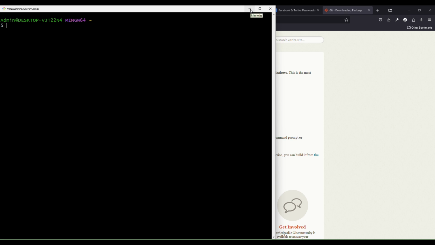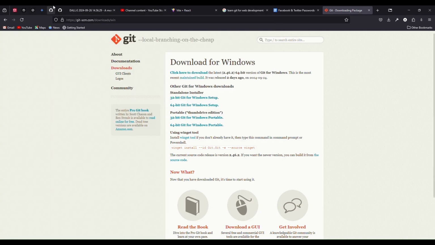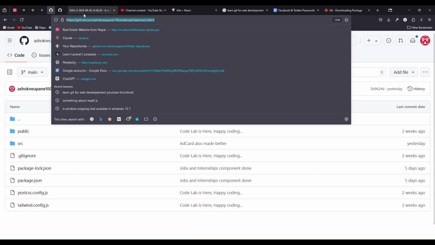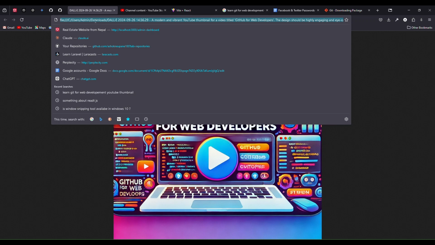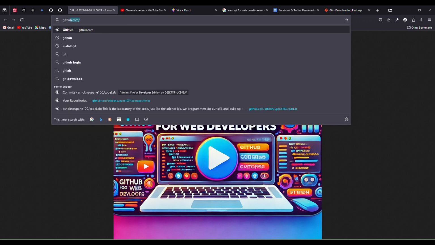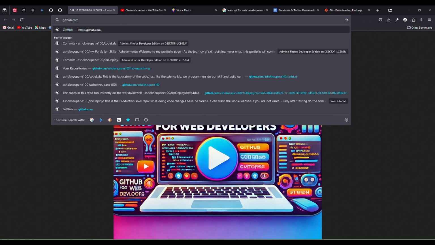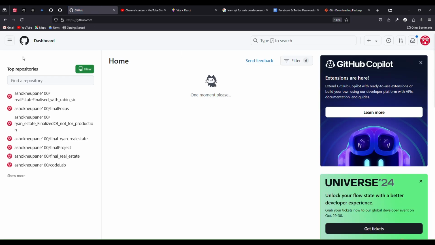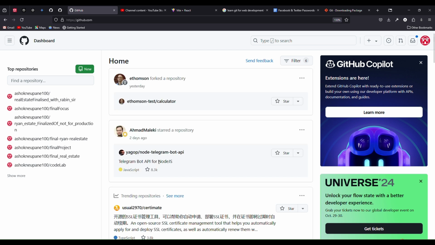And after installing Git, what you can do is go to GitHub. Just have a look, here it is, github.com. If you don't have an account, you go there and create the account.